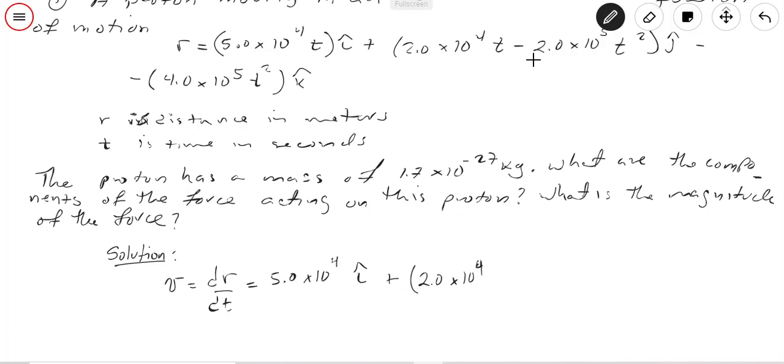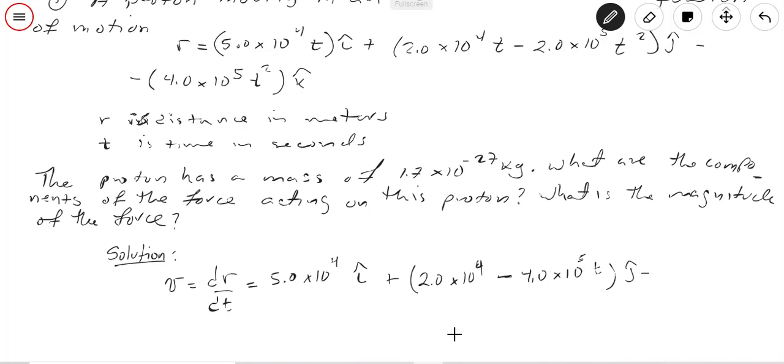And the first derivative of negative 2.0 times 10 to the 5th t squared will be 2.0 times 2 times 10 to the 5th t. So it will be minus 4.0 times 10 to the 5th t